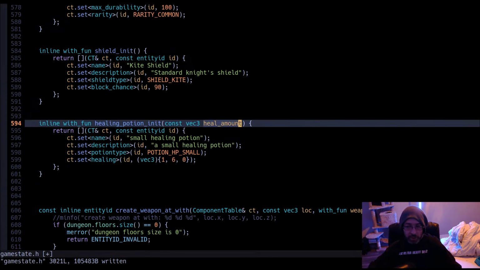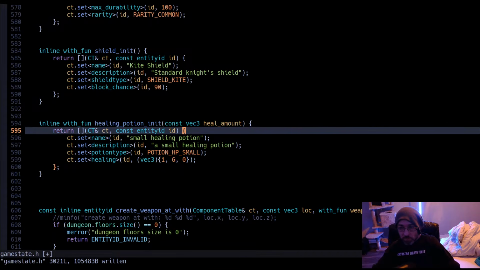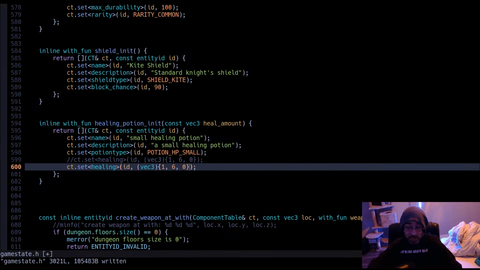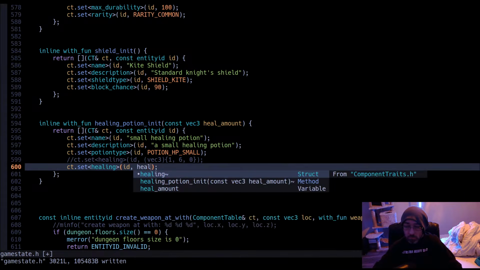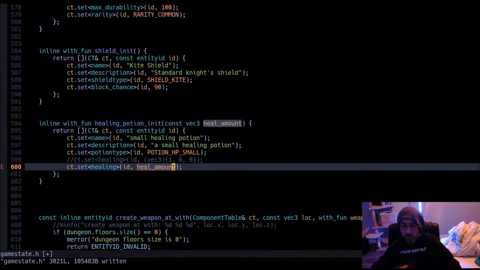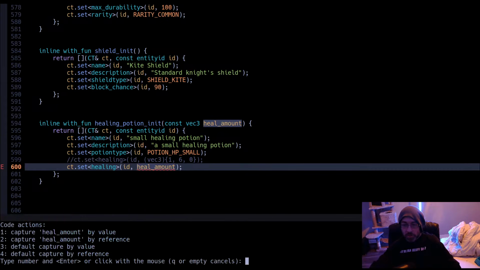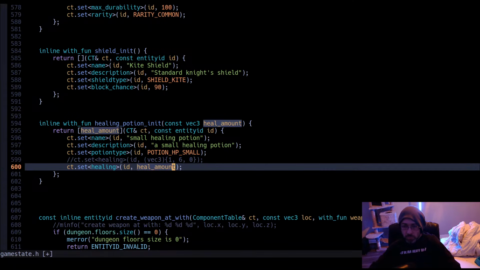So if heal amount is a vec3, we pass in... are we able to just replace that? No. Why? However, we can capture it by value. And so we're able to just pass that in like that.